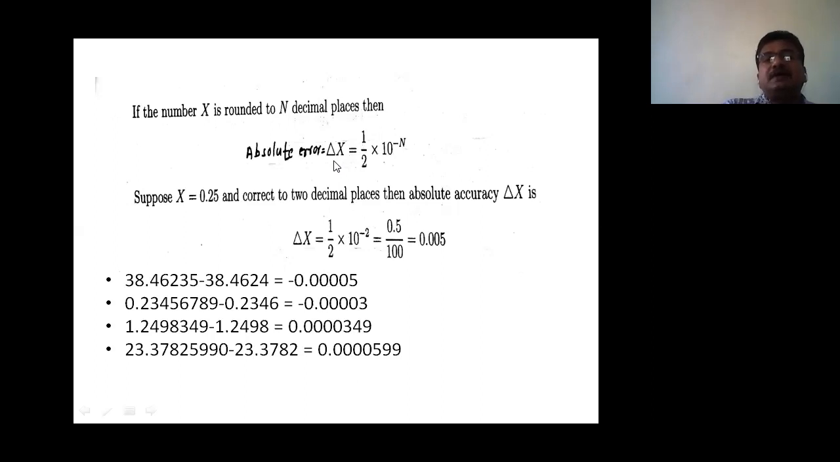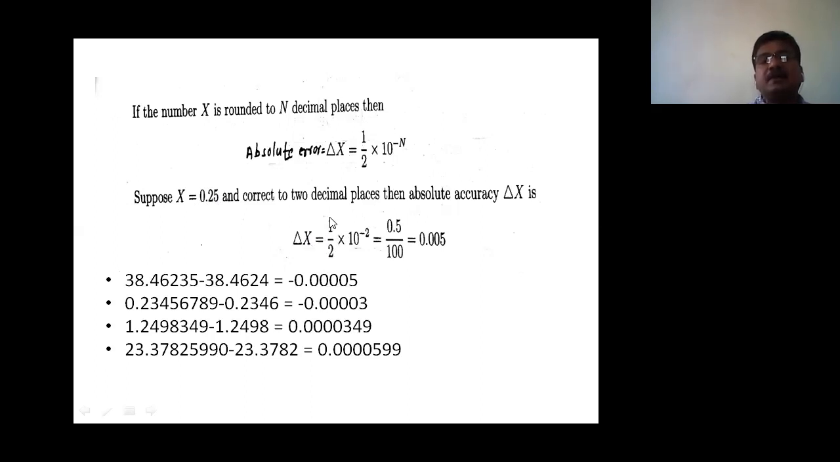We can say it is error. Absolute error means we just say error. What is the error? Actually, this is not actual error, but it is the upper limit of error. So the highest error, if the number is rounded to n decimal places, is 1/2 10 raised to minus n. How does this formula work? See this example, that this number 0.25 is correct up to 2 decimal places, rounded to 2 decimal places, and then